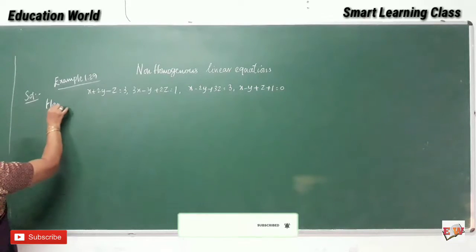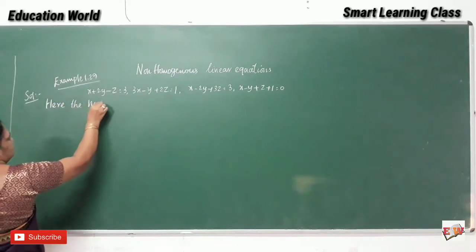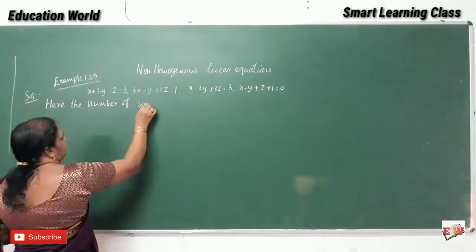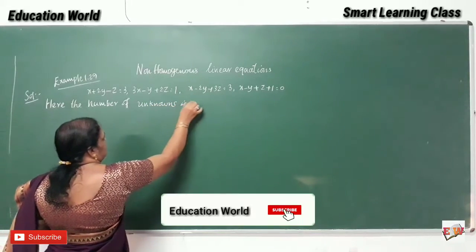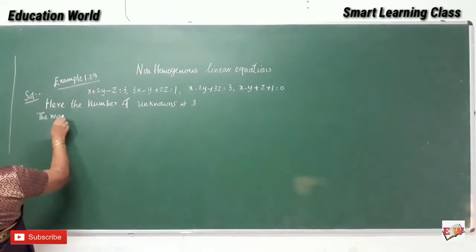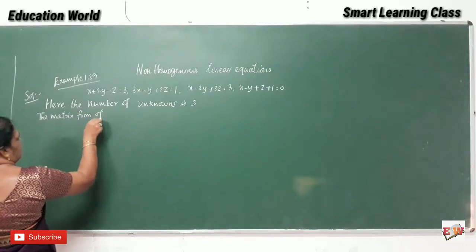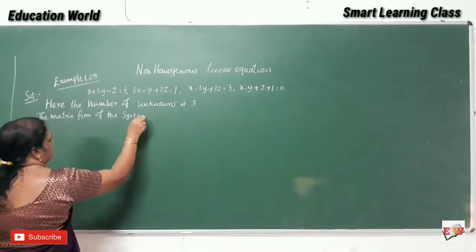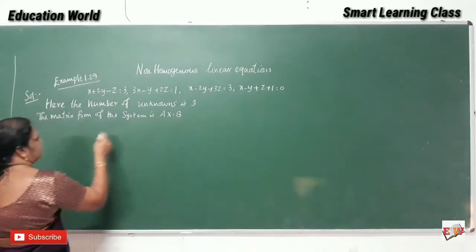Here the number of unknowns is 3. The matrix form of the system is AX = B, where